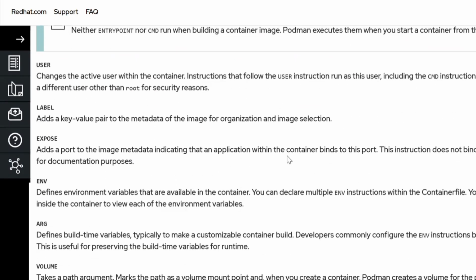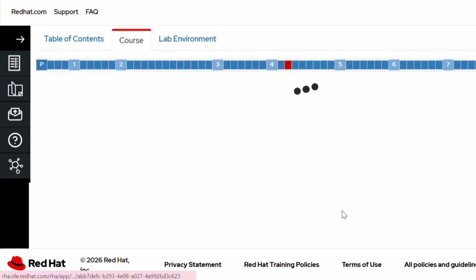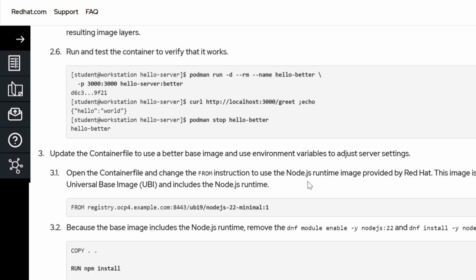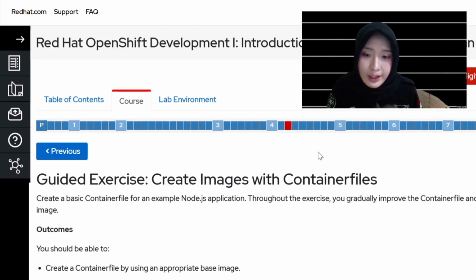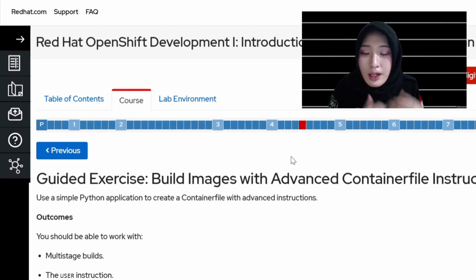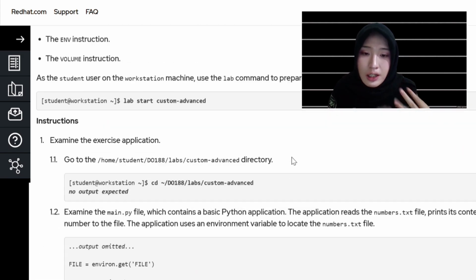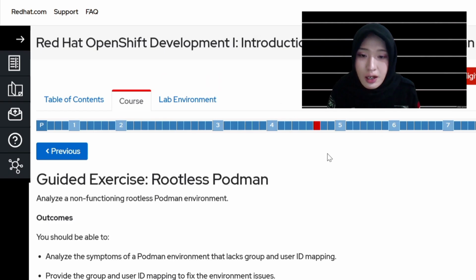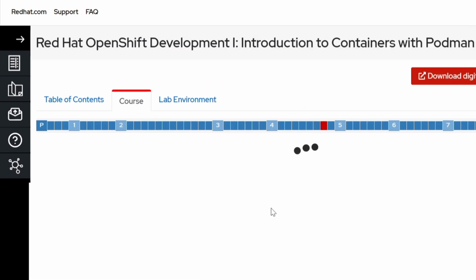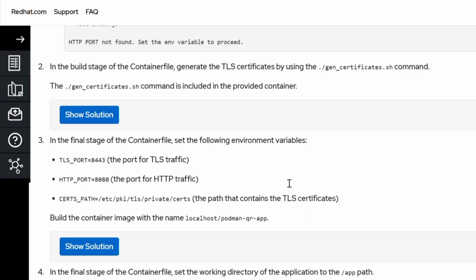So first, we'll learn how to create a custom container image using a container file. It's like a recipe that contains step-by-step instructions to build an image layer by layer. We also choose a base image, like a UBI from Red Hat, which becomes the foundation. Then we use instructions like FROM, RUN, COPY, CMD, and ENTRYPOINT to define what goes inside the container and how it runs. Along the way, we also introduce best practices, making images smaller, cleaner, and more secure,